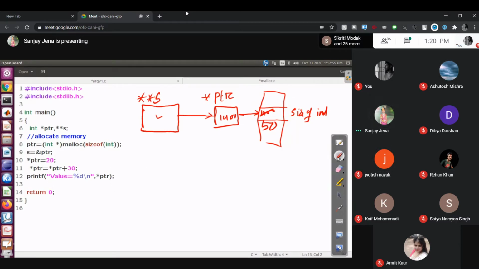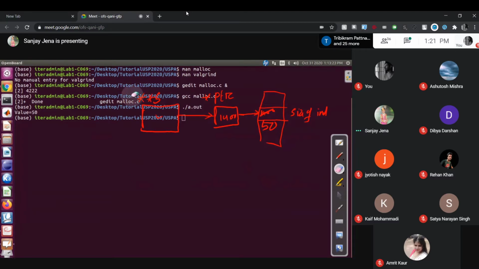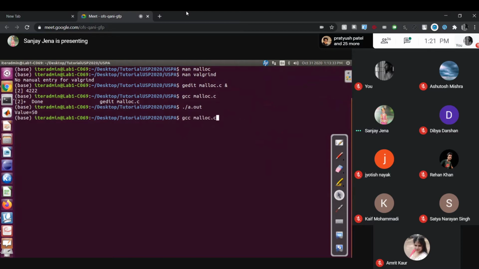Okay, let's see how correct you are. Printf, value from S equal percentage D slash N, double star S. Correct?